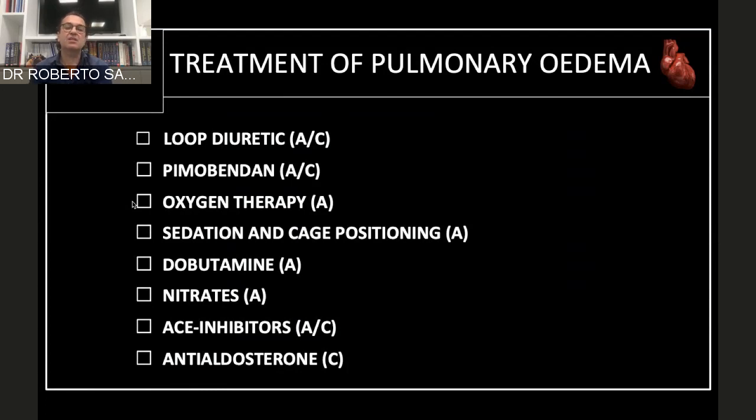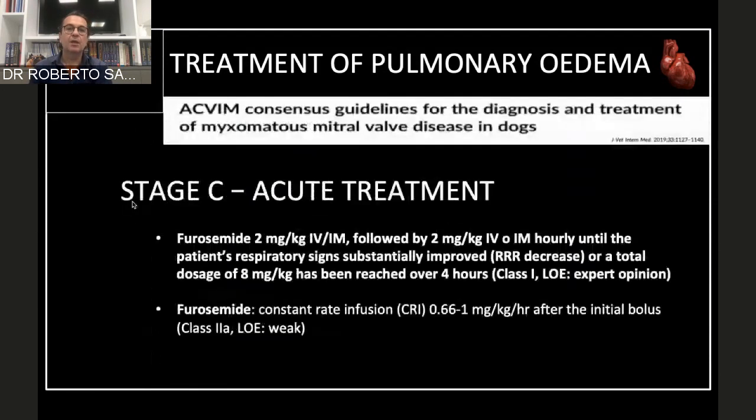About nitrates, there is no consensus, as you know, looking at the guideline published last year. And then ACE inhibitors, usually for more chronic treatment, together with the anti-aldosterone drugs that are used for the more chronic treatment of edema. So let's see very rapidly what we know about stages and treatment. According to the 2019 ACVIM consensus guideline, in stage C in the acute treatment, and again, we are just talking here about wet and warm,